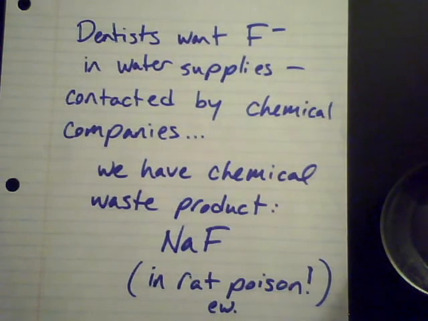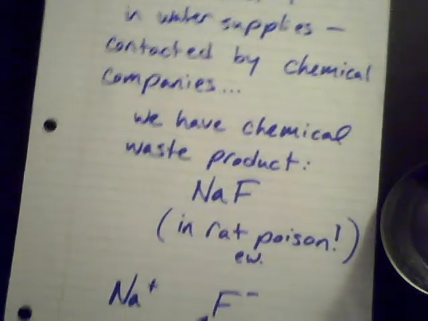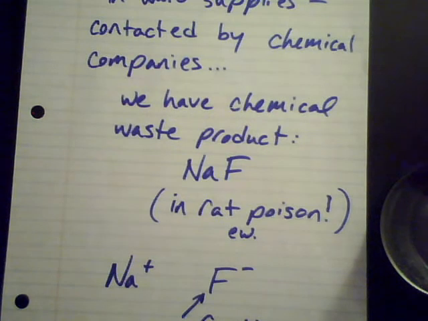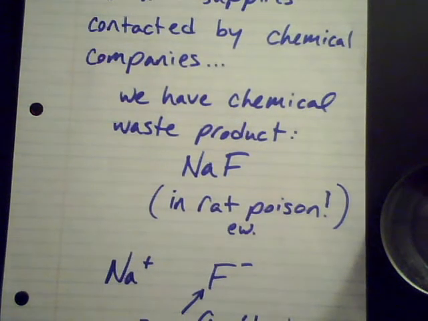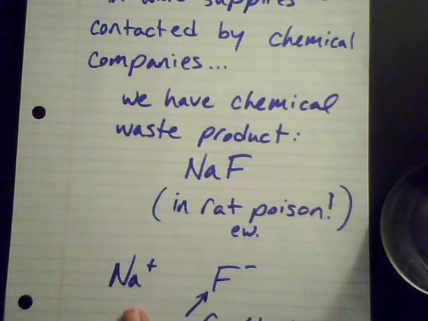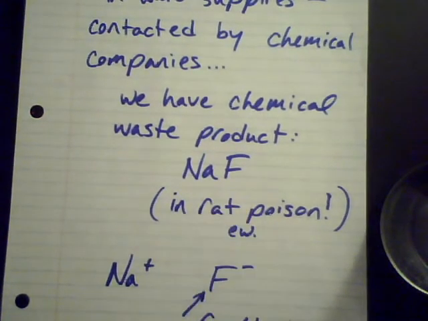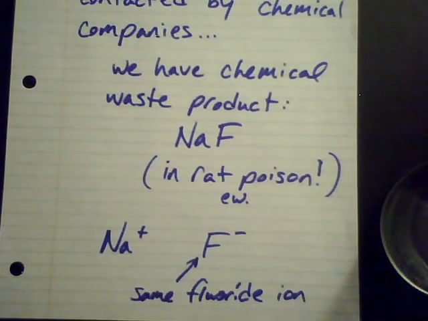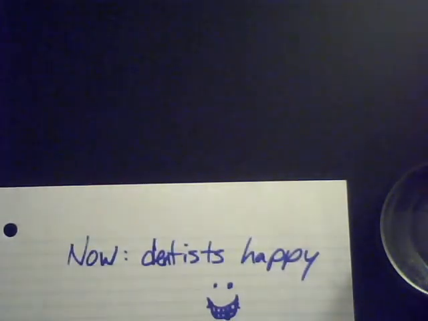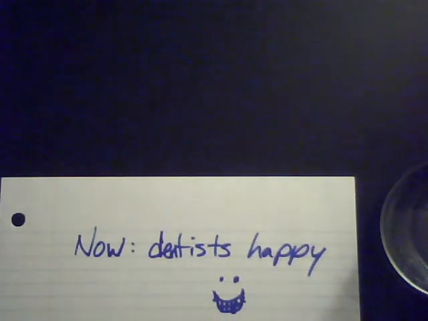So, when sodium fluoride dissolves in water, then it splits apart into the sodium ion and the fluoride ion, right? And it's just a 1-to-1 ratio in this case because sodium is in column 1, it's got a 1+ charge, fluoride is a -1, so when we put them together, we have 1-to-1. And it's still the same fluoride ion. It doesn't matter which way we get it, whether we get it from calcium fluoride or sodium fluoride. So the fluoride is in the water, and that means that dentists are happy. That's a pretty scary looking happy face, but I was trying to draw teeth, so there you go.